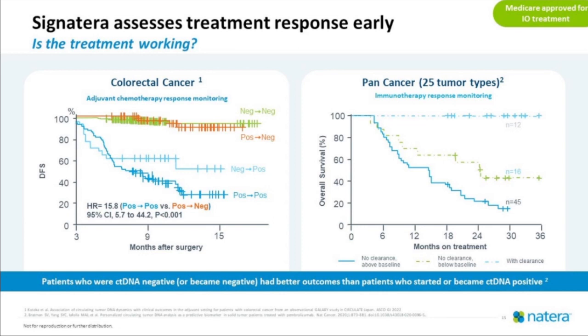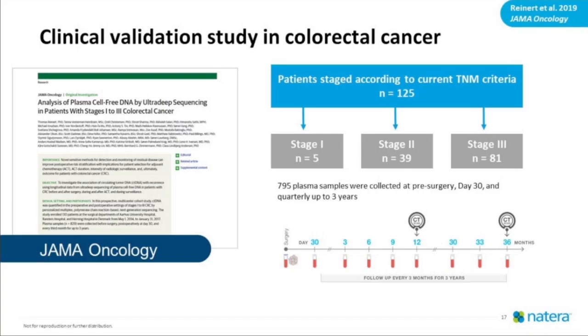On your right side, there's also some interesting and very exciting data on the immunotherapy side, showing incredible responses to immunotherapy. If you are able to clear ctDNA on immunotherapy, there's a significant improvement in overall survival. Actually, the data from this particular pan-cancer trial of 25 tumor types shows 100% overall survival with complete clearance of ctDNA across the board. So let's talk a little bit about the foundation studies that led to the approval of this